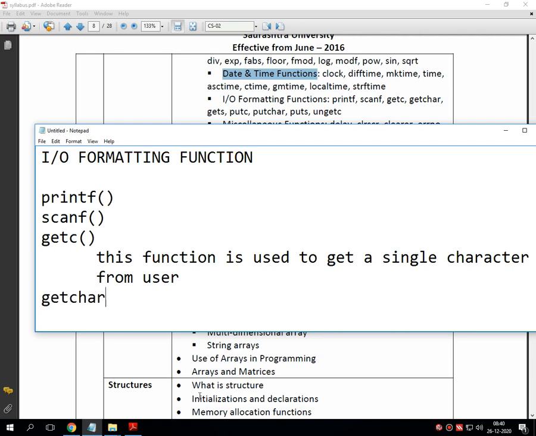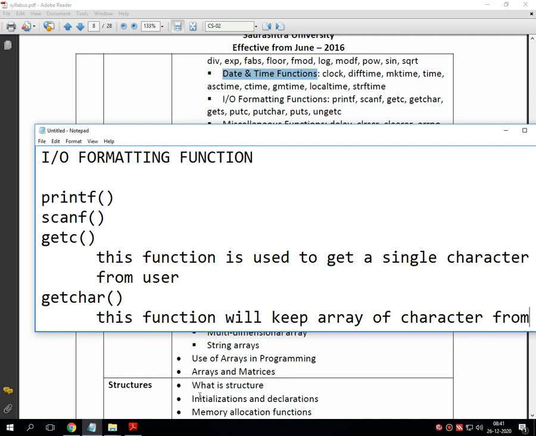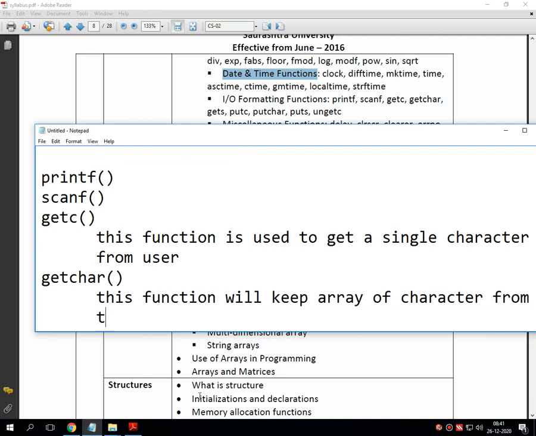Next is getchar. This function will keep the array of character from the user and store inside the variable.